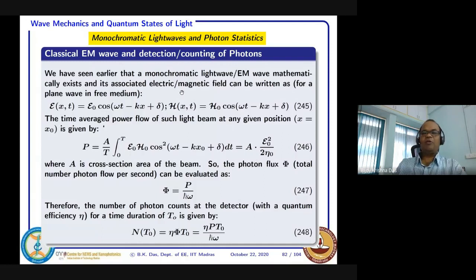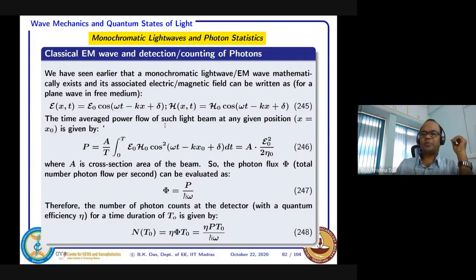So any monochromatic electromagnetic wave, with its associated electric field and magnetic field, you can explain here in real terms. I'm not using the complex form here, though you can use e to the power i and so on. Here I just consider monochromatic frequency omega, amplitude of the associated field, and k is the wave vector propagating along the positive x direction. That's why minus, and a certain phase you also include.